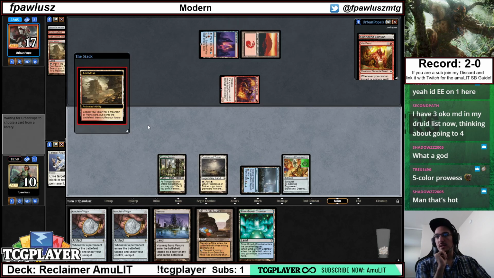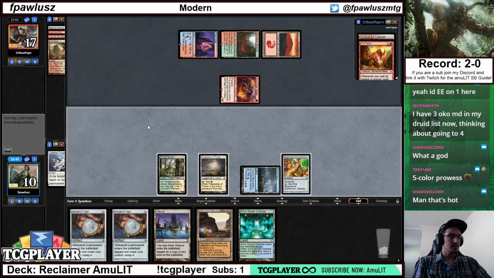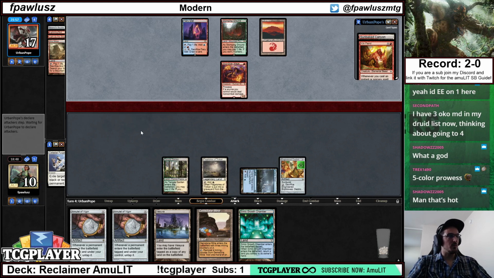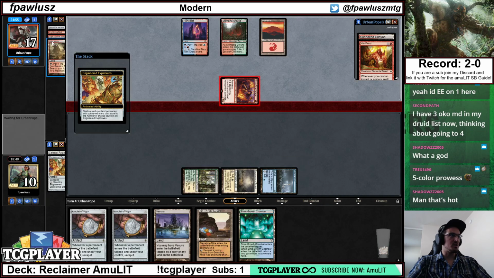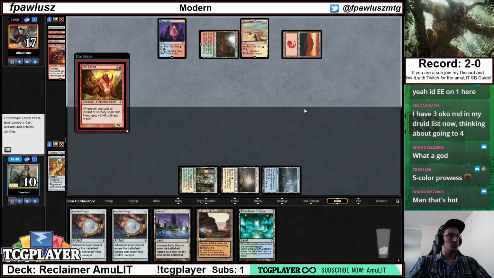3 Oko main deck in my drill list now, thinking about going up to 4, that's ridiculous. It's not that it's bad, I'm just saying it's crazy how even in an almost all-in combo deck, it is probably just correct to jam Oko, you know? And I think I'm going to crack here because I actually care about this point of damage because it allows light up the stage. My opponent used 1 already, but